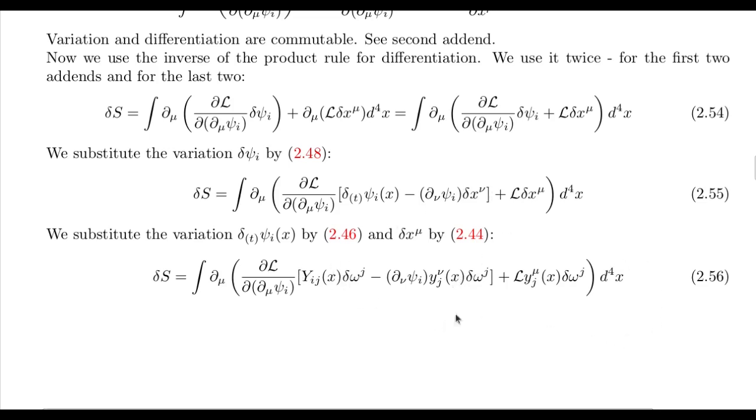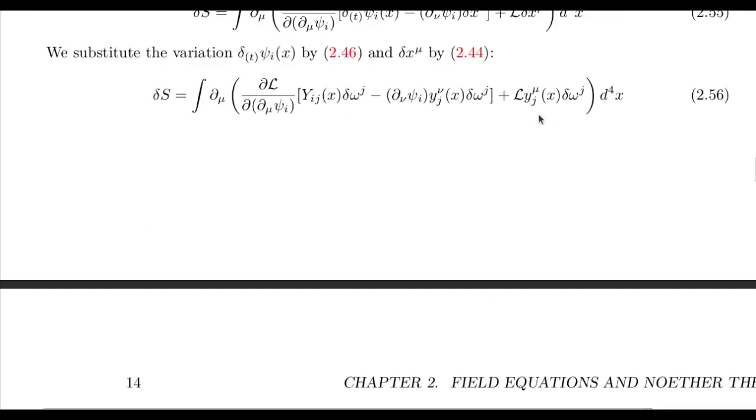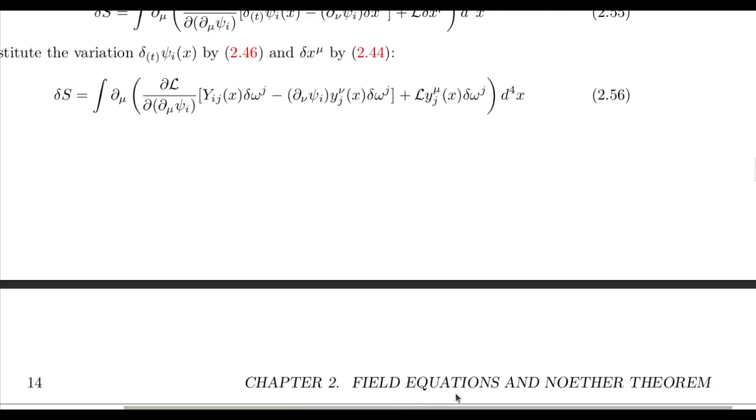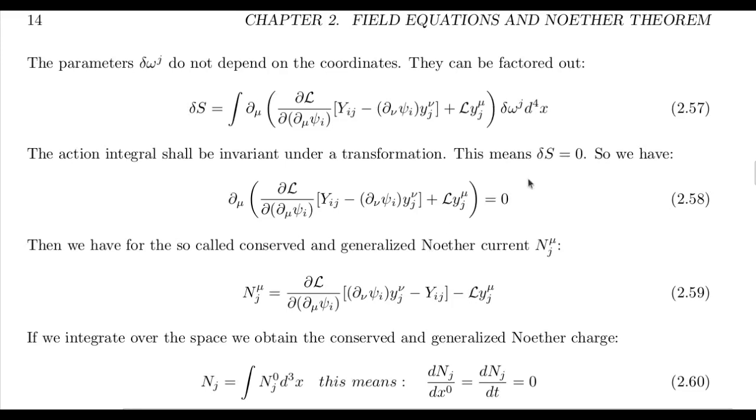So here we have now in all the addends the delta omega parameters. That means we can factor them out. So we have here 257,